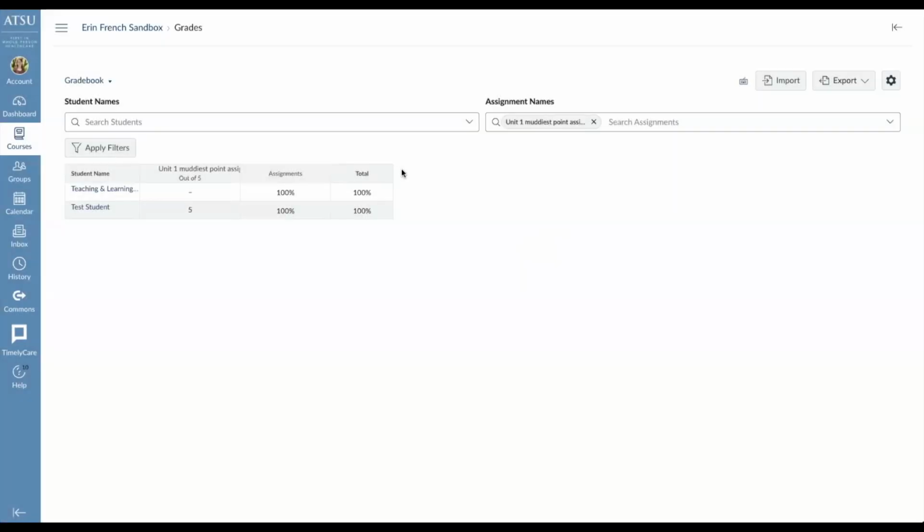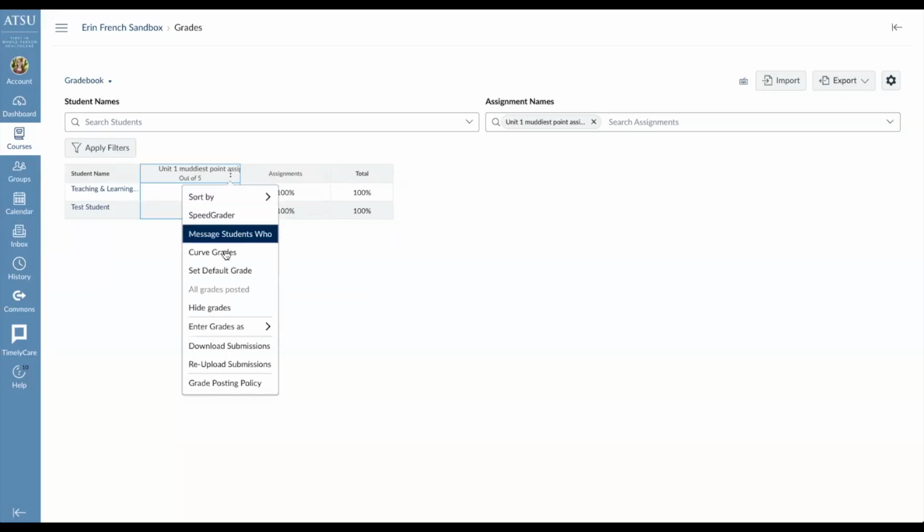A final way you can manage Muddiest points is by downloading the submissions. You can do this by going to the three-dot menu for the assignment you want to download the submissions of, and you'll click on Download Submissions. Canvas will take a few moments to compile the submissions, and then it will download them as a zip file